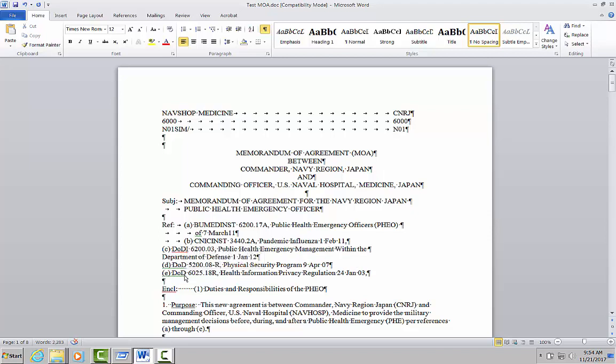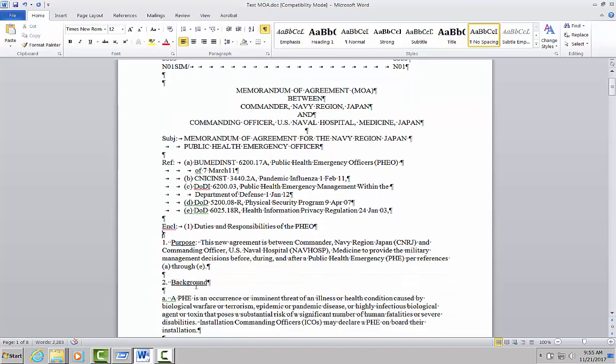It took everything over. Now I can just tab, go to the next line, tab, and everything is starting to line up perfectly. So we got everything lined up here. Get down to the enclosure, take out all the extra spaces, add 1 tab, and everything is lining up where it should be. Coming right on down here,